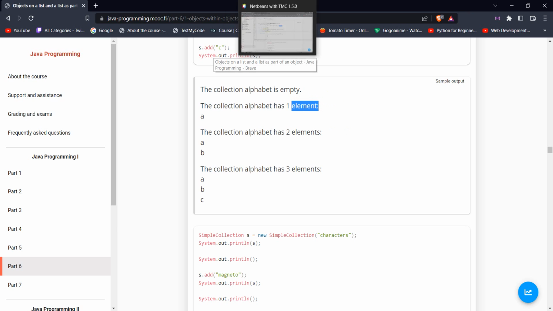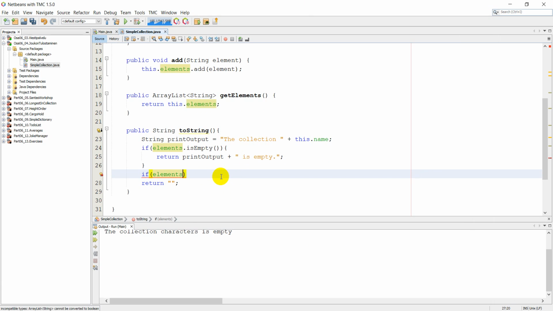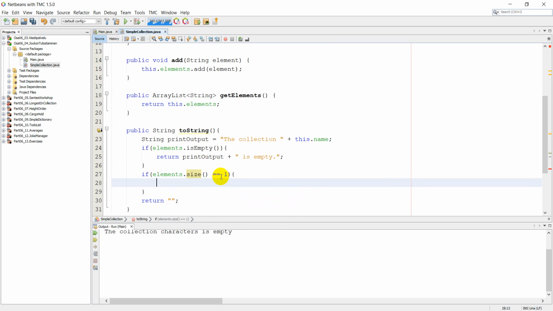So for that what we can do is we can check if elements dot size is equal to 1, then what we have to print is return print output plus this dot name